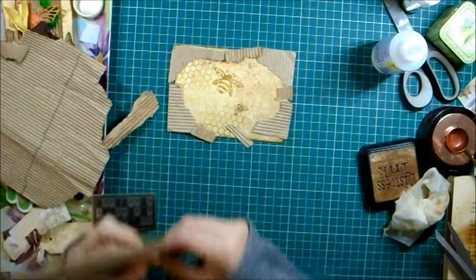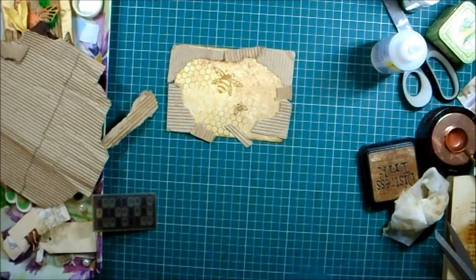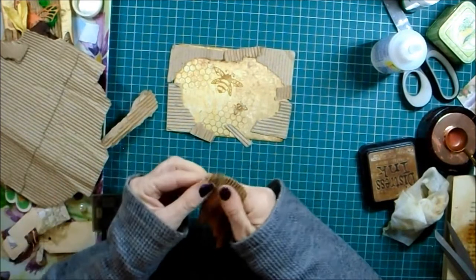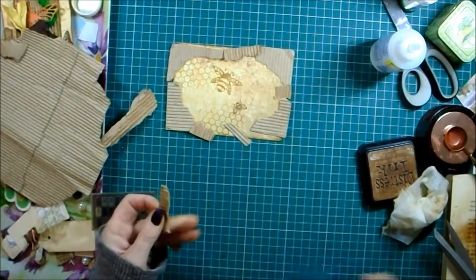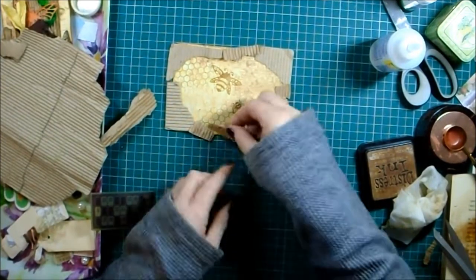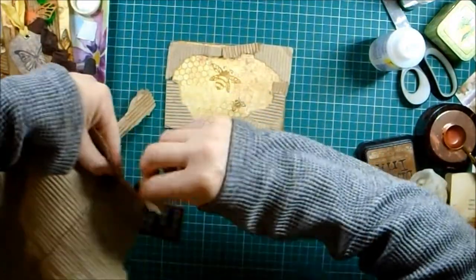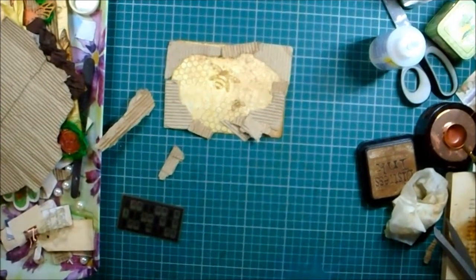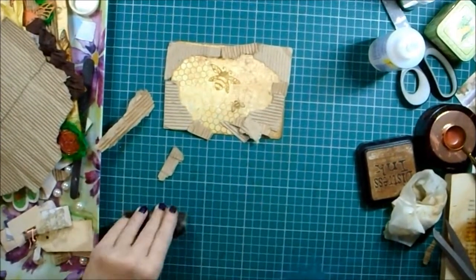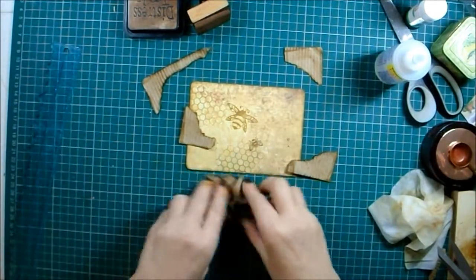And yeah, sorry if watching me tear cardboard isn't exactly exciting, is it? But I'm just trying to get these layers how I would like them, and still use a little bit more of this. Right, I'm going to ink all around them now, and I'll be right back, because otherwise this video will be 2 days long. Right, so I kept the corners where I wanted the corners, but then I've inked all